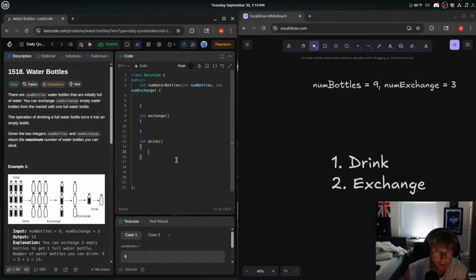Okay, so our drink method here, right? What is our drink method gonna do? So we have 9 bottles, right? What parameters are we gonna pass in? Well, let's think here, right? We're gonna need like a fill. We'll need something passing in some sort of integer reference to the number of bottles that we've drank. So int